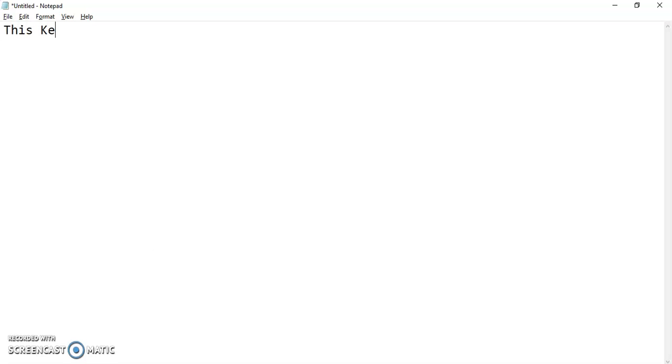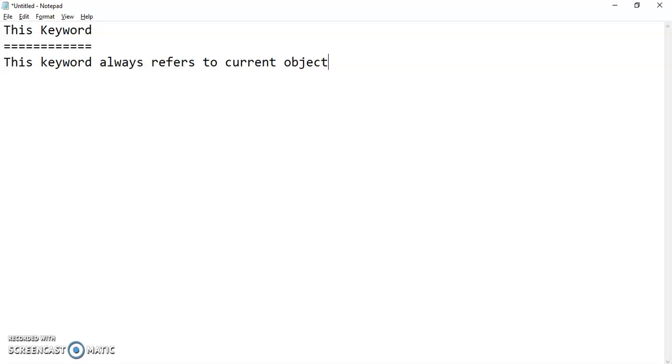This keyword always refers to the current object.